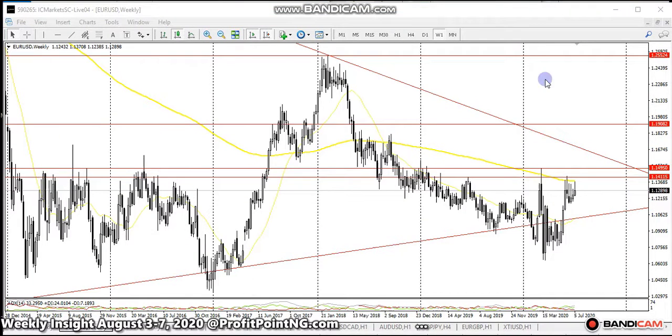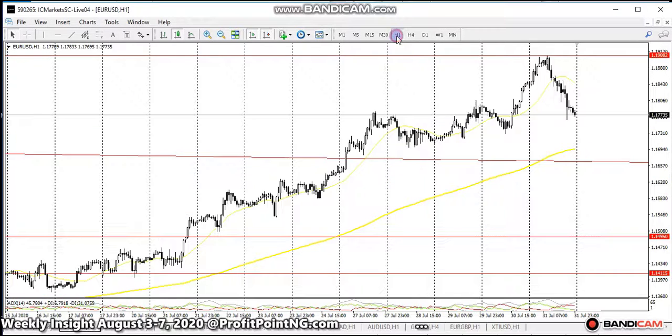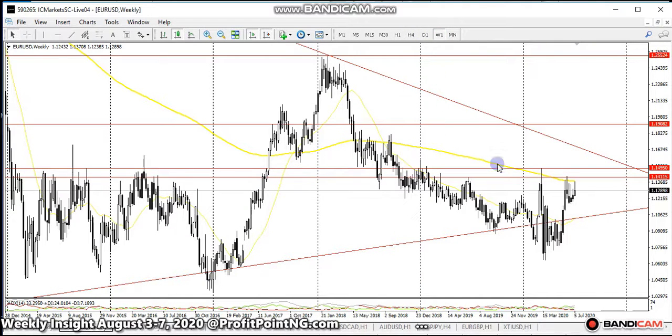EUR/USD, we saw that EUR/USD is also playing out almost the same way as GBP/USD. The only difference is that it also experienced retracement on Friday. But this retracement this time around is largely due to the resistance offered by the 200 EMA on the weekly chart. Which means there's still a long way upward before it even reaches the upper boundary of